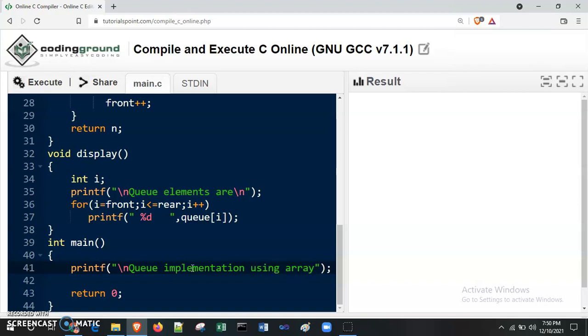You can make a menu driven program in Turbo C actually. According to user choice, you may insert and delete. But here we are doing a simple program. First I am calling insert, then again insert.